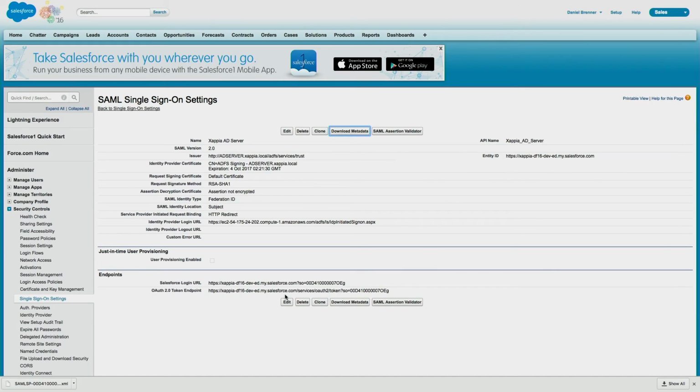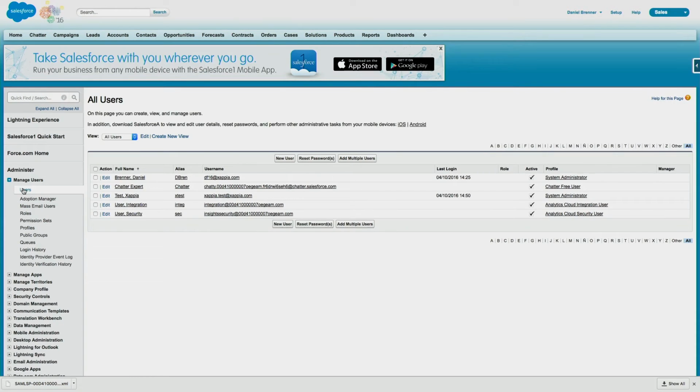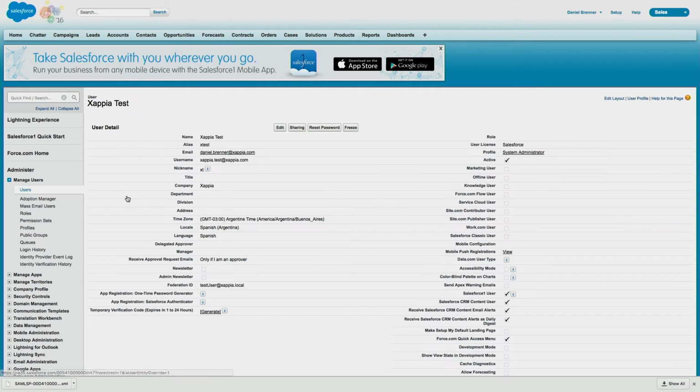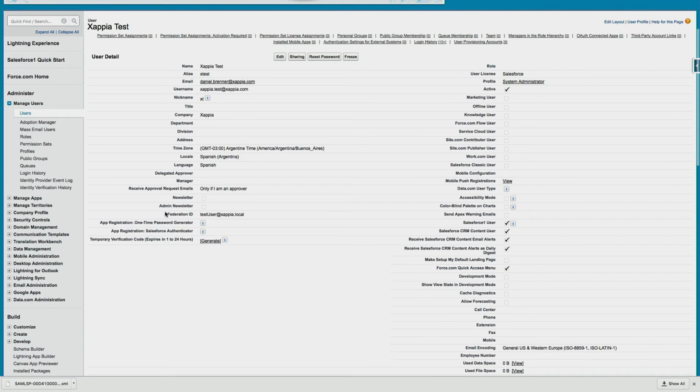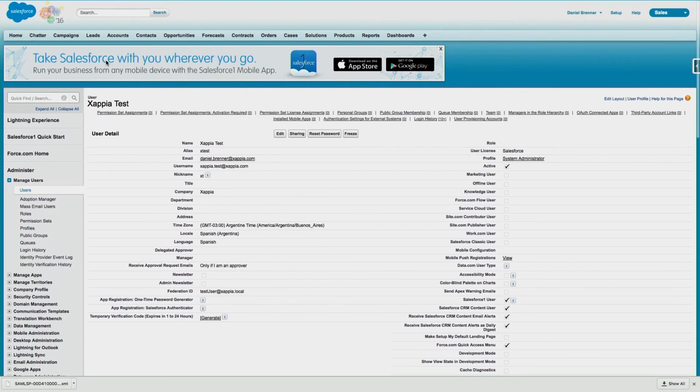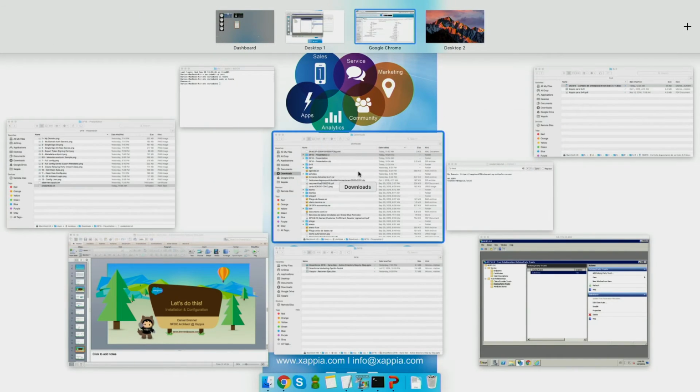Now what we need to do is relate our Salesforce users to the Active Directory users. For example, I have here a test user, and the test user has a Federation ID, testuser at sapia.local. This is the username of one of our users in the Active Directory server. With this already set up, we can go to